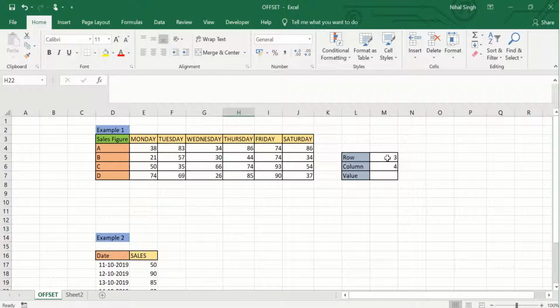intersection of the third row, that is, the row in which C's values are given, and column 4. So column 4 is the 1, 2, 3, 4. So it will return the value 74. Let's write 74 over here and see whether we are going to get this value by writing the OFFSET